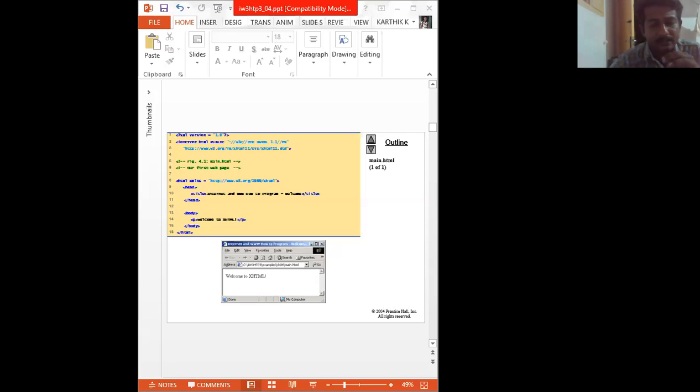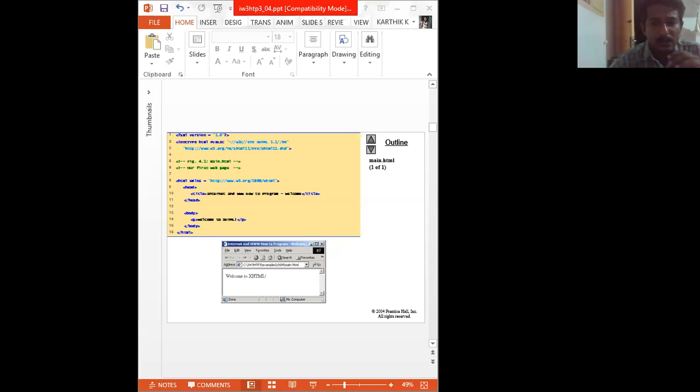Start tag and end tag. The HTML document delimits most elements with a start tag and an end tag. The start tag consists of the element's name in angle brackets, and end tags consist of the element's name preceded by a forward slash in angle brackets.